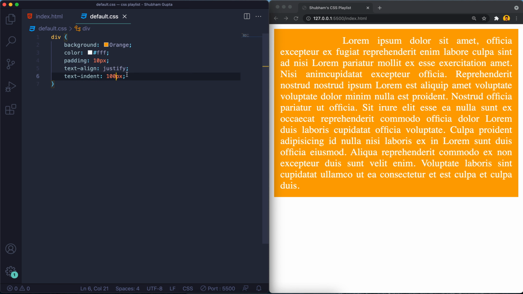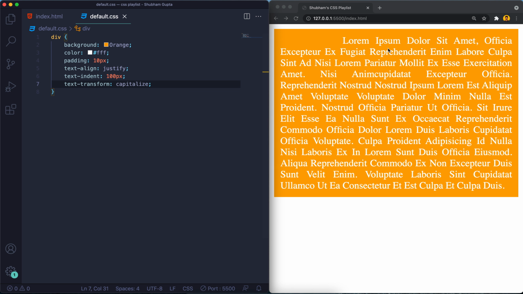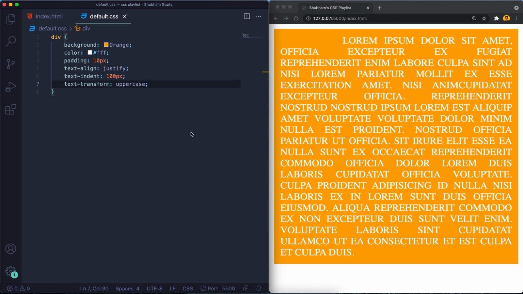Okay, we can also use text transform. It will use capitalize, so the first letter of every word will become capital. So this is the property which is cool. We can also use uppercase, so everything will become uppercase.